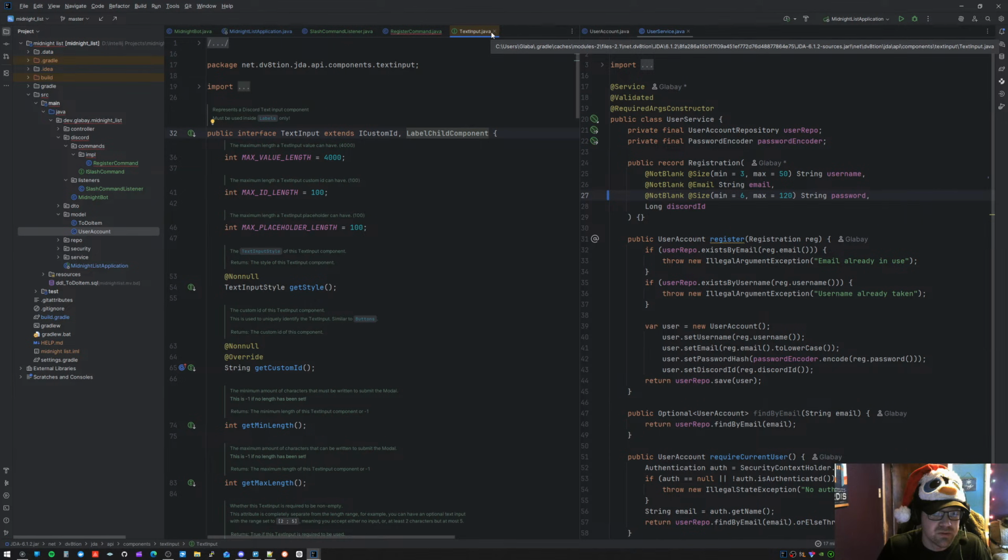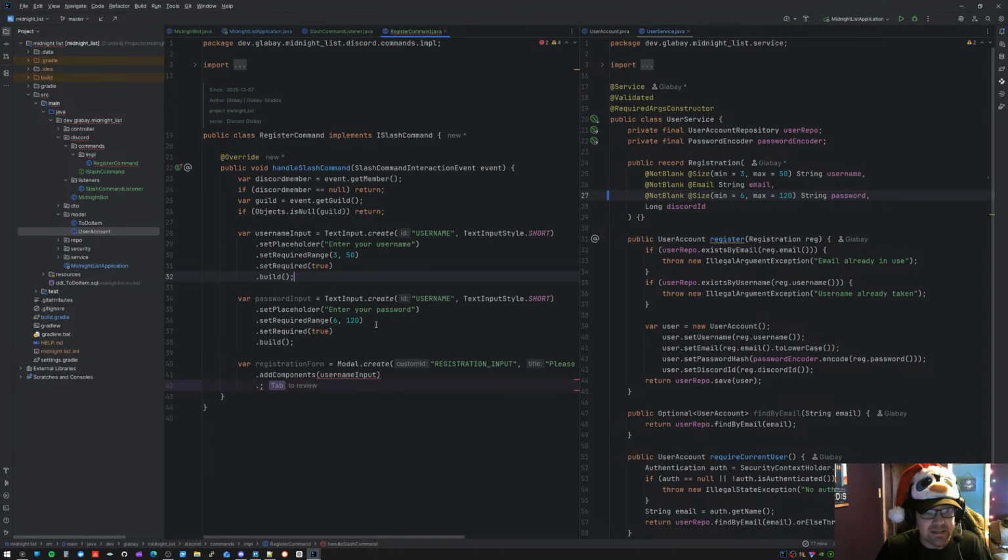Sorry guys, oh, there's the text inputs. When I used JDA last, I was using JDA version 5. This one here is JDA 6. It's a newer version, so I just wanted to use it for this. But it looks like a couple of things have changed. Typically, the modal create allowed me to add action rows, which were these inputs. But now that it's components,